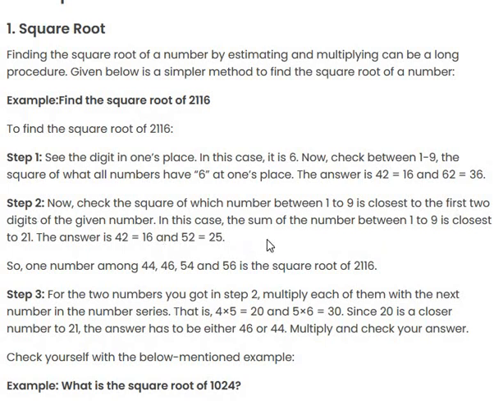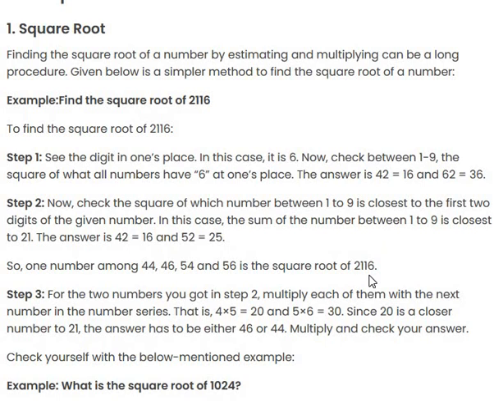In this case, the number between 1 to 9 is closest to 21. The answer is 4 squared is equal to 16, and 5 squared is equal to 25. So one number among 44, 46, 54 and 56 is the